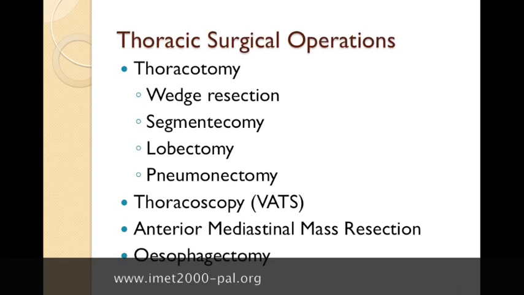So the operations in thoracic surgery we do by either thoracotomy or thoracoscopy. We can do a wedge resection, which is a fairly quick operation. We do a segmentectomy, which takes a bit longer, as I think I mentioned the other night. Taking out a lung segment involves taking the blood supply of that segment and also identifying that segment, and that all takes time. Lobectomy, which with a quick surgeon and a thoracotomy, a lobectomy would take an hour to an hour and a half. With a thoracoscopy, maybe 2 to 3 hours, depending on how quick they are. And a pneumonectomy,